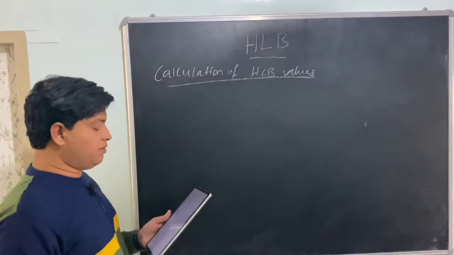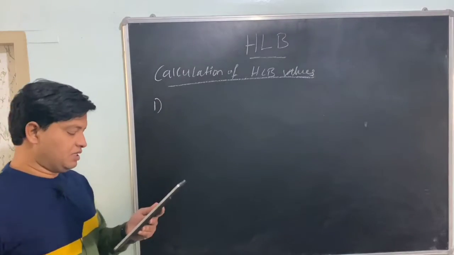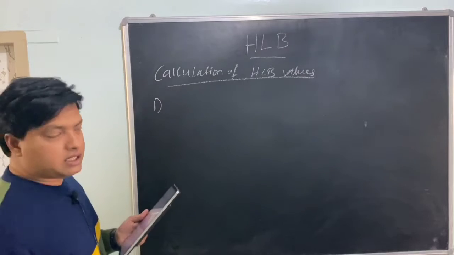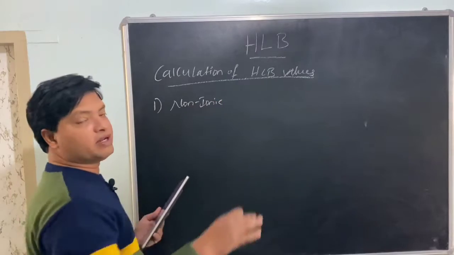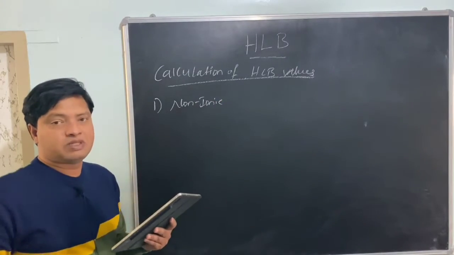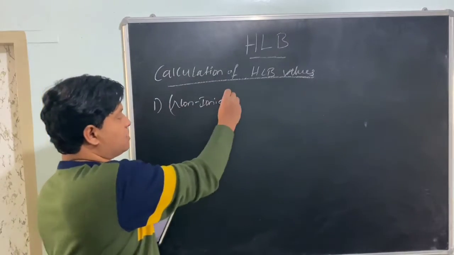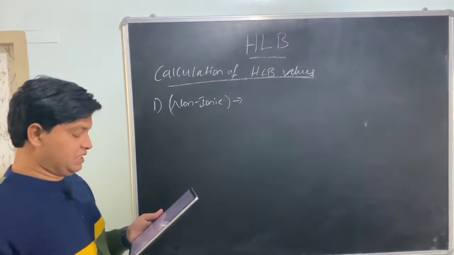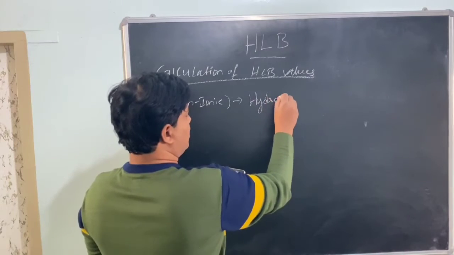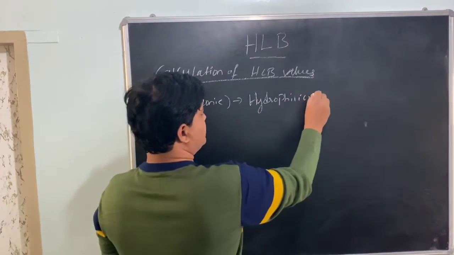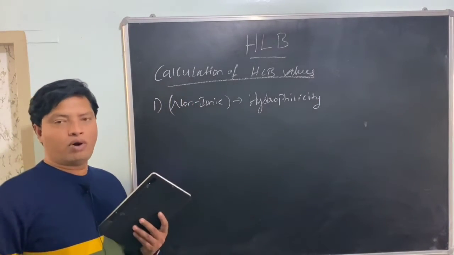So for the calculation of HLB values, how will you calculate the HLB value for a given surfactant? We have three methods. The first method is for a non-ionic surfactant. Remember, this is a very important question they will ask. For a non-ionic surfactant, which method is used for calculation? If you have a non-ionic surfactant whose hydrophilicity is due to the presence of ethylene oxide moieties,